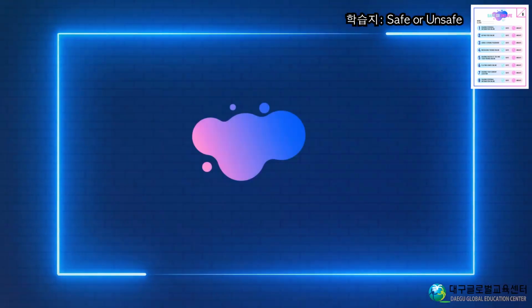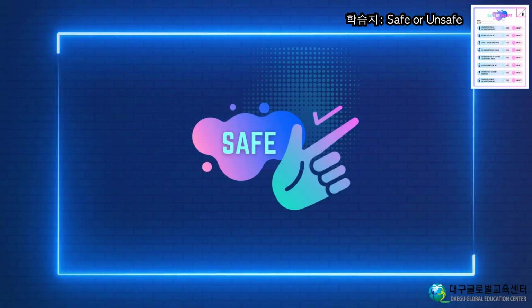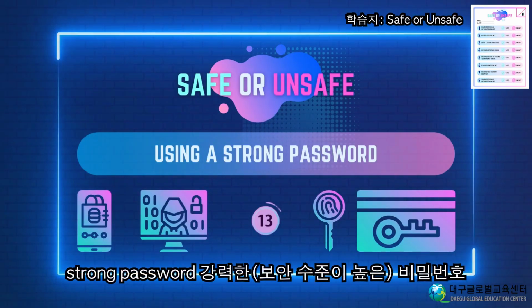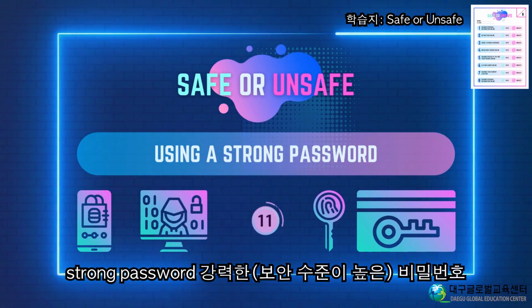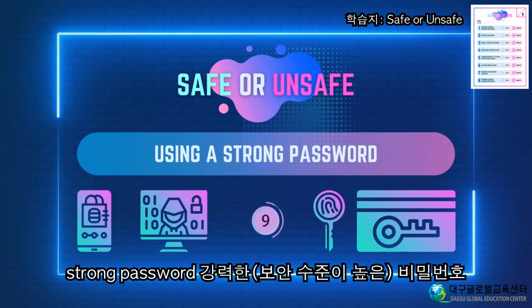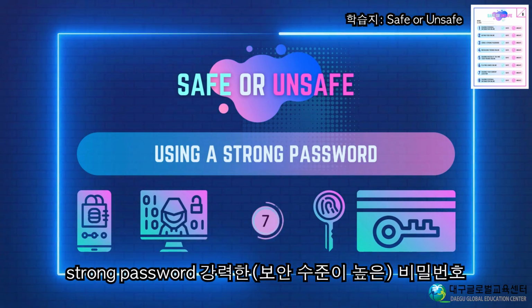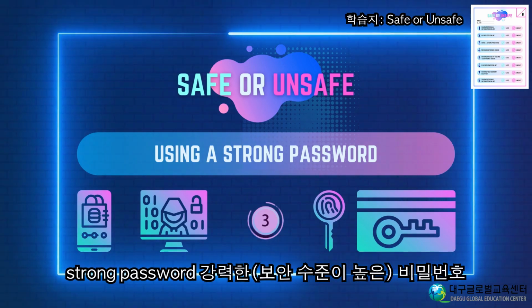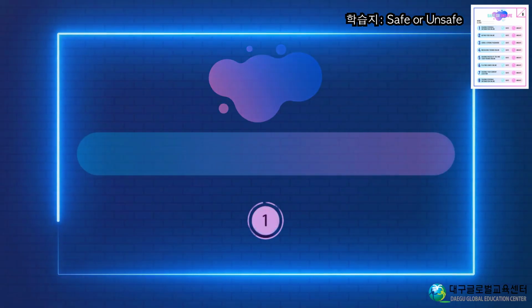Safe. Using a strong password, safe or unsafe? Safe.